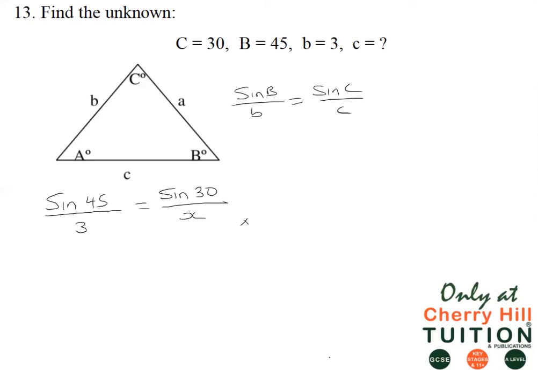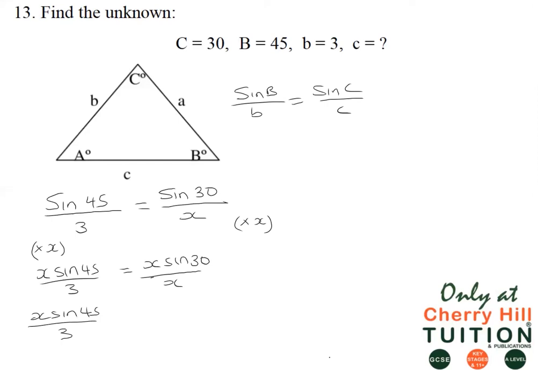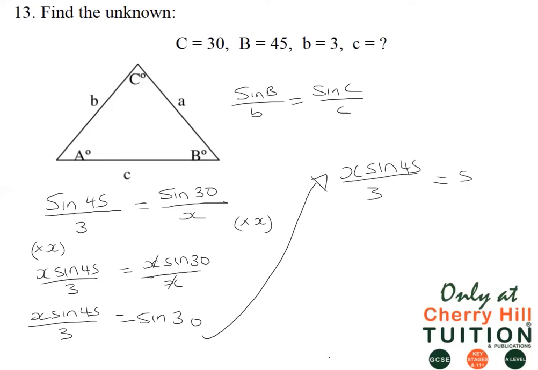So what we can do is make x a numerator by multiplying both sides by x. This will leave us with x sine of 45 over 3 is equal to x sine of 30 over x. On the left-hand side, we are left with x sine 45 over 3, and this is equal to sine of 30 because the x's cancel out. Now to make x on its own, we need to get rid of the divide by 3 and the multiply by sine 45. So let's start by eliminating the divide by 3. We can do this by multiplying both sides by 3, leaving us with